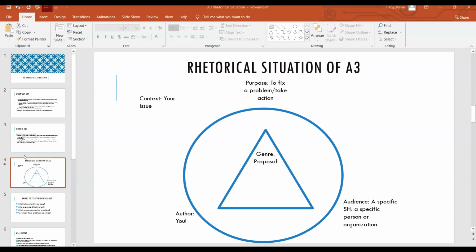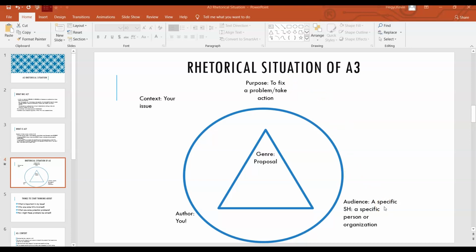As far as a visual, if you're a visual learner, for A3 this is the rhetorical situation mapped out in our classic map. In our model, we've got the author in the corner here. That's us with all our values, and there are always latent things driving our arguments. The purpose is to fix a problem, to take action. So we're trying to propose a solution to a problem. We've got to identify the problem, and we're proposing to fix it and to get specific people to take action.